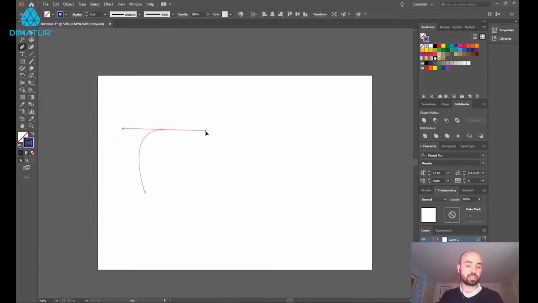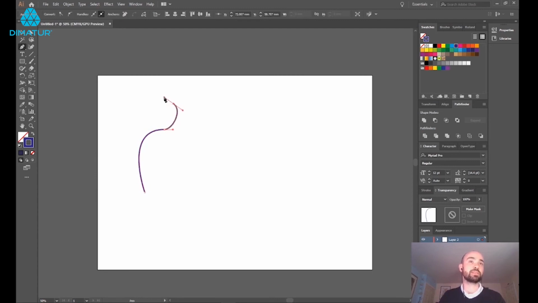set the entrance curve, and then if we hold the Control key we can just change the length of the exit curve, but maintain the relationship between the entrance and the exit curve, so the curve still goes through the anchor point and out the other side at 180 degrees. This gives us the ability to control the exit curve's strength whilst maintaining the relationship between the entrance and exit